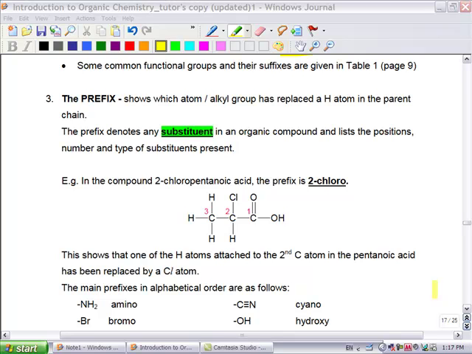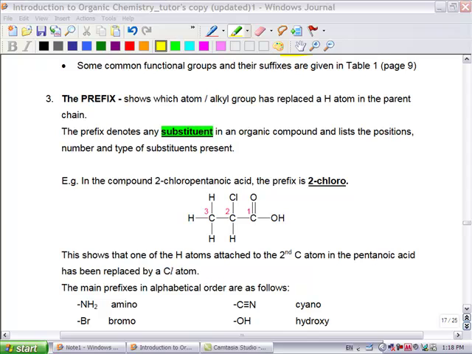For a more detailed naming of functional groups, you can find it in Table 1 on page 9. The prefix shows which atoms or alkyl group has replaced a hydrogen in the parent chain. The prefix denotes any substituent in an organic compound and lists the positions, the numbers, and the types of substituents